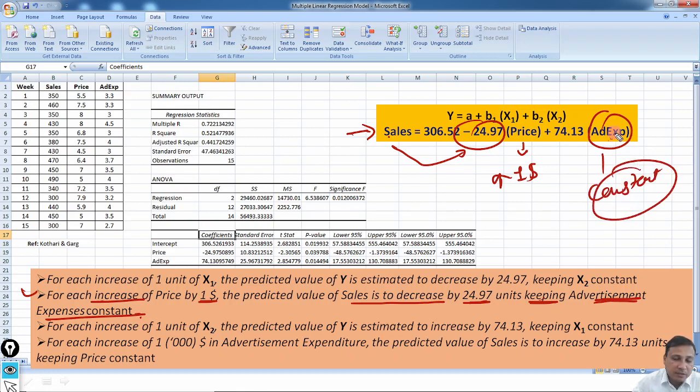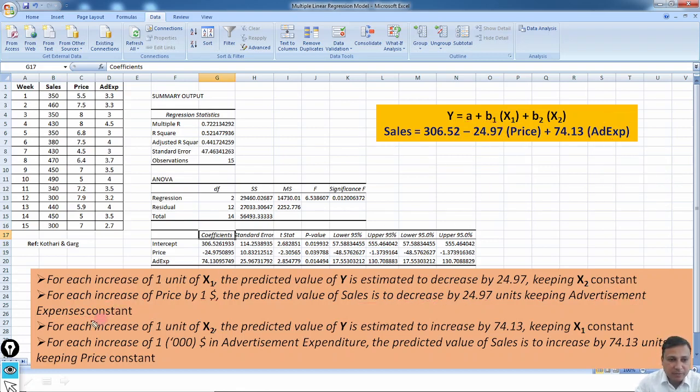Keeping the other independent variable constant, if my price changes, how much change will occur in the sales? That thing we are going to explain here. Second part, this part now. For each increase of 1 unit of x2, the predicted value of y is estimated to increase by 74.13, keeping x1 constant. In other words,